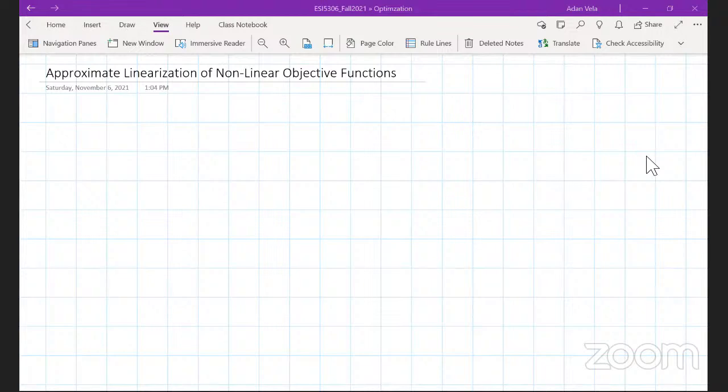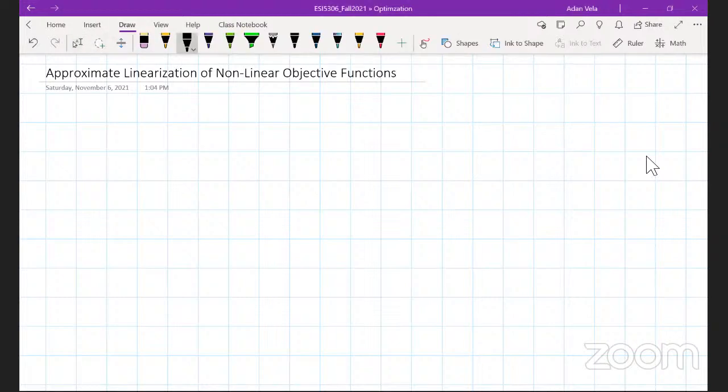And in this case, this approximation will not give us a problem that is an exact representation of what we started with. All right. We're going to begin with an objective function. So let's say we have our minimize f of x subject to some constraints where x is in a constraint set. We're going to require that our function f of x has a property where it's a separable function